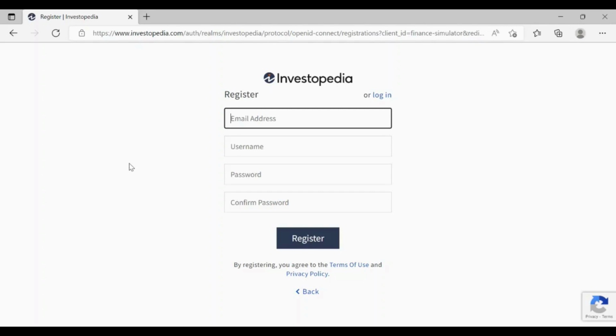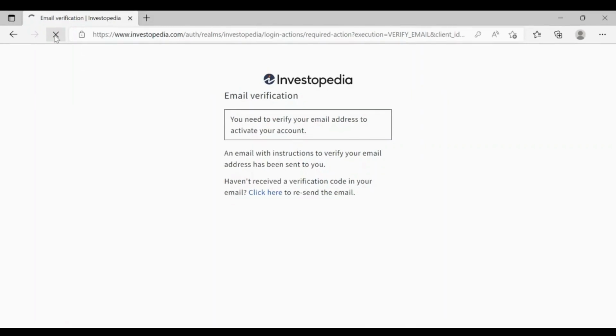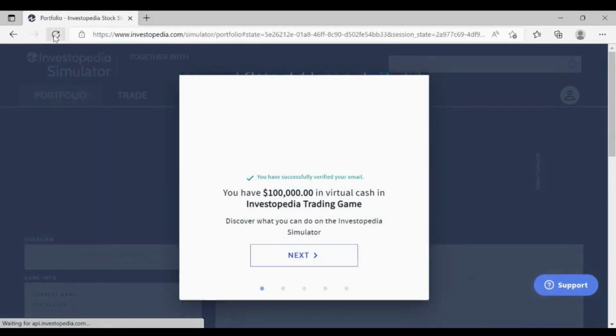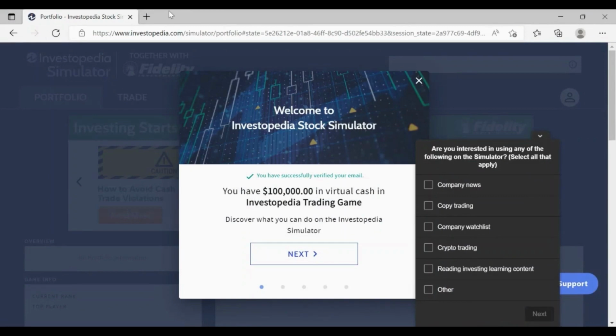So what I'm going to go ahead and do is register for the simulator and let's see what happens. So I will be right back. Just going to go ahead and create an account. Okay, so I went ahead and registered for an account, and I now see this is the main screen. When you go to register, you actually have to confirm or verify your email address, and then you will be active. So I'm just going to take a minute here and look through this, kind of take you step by